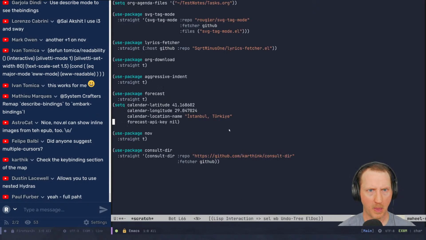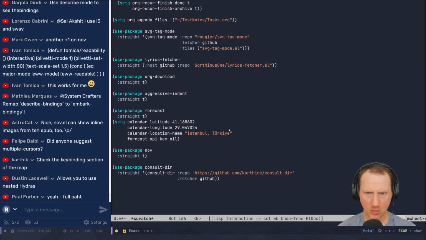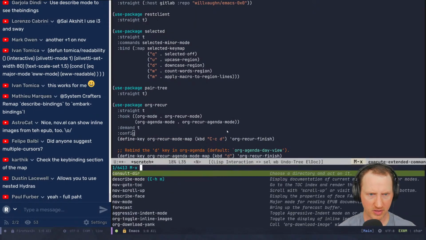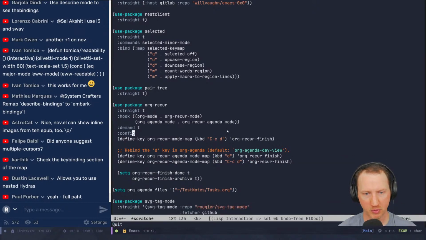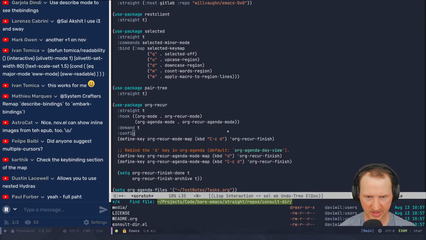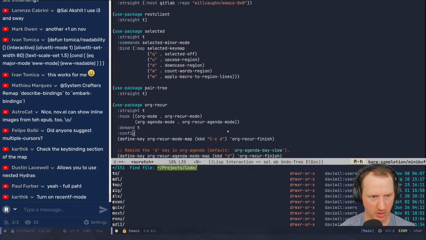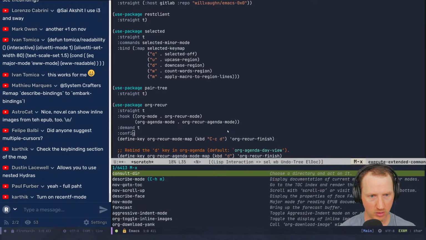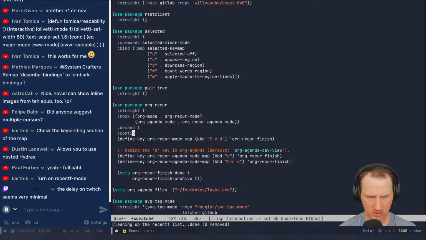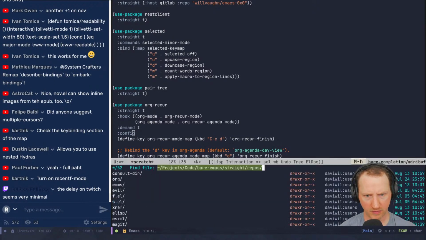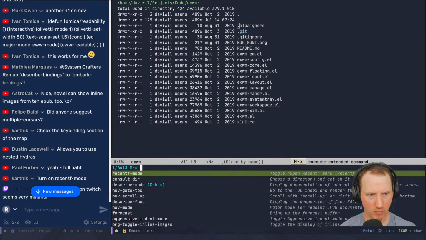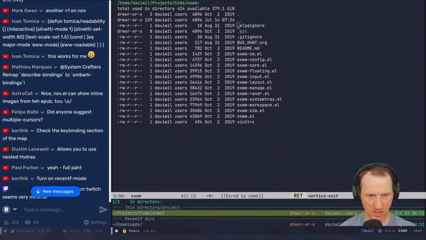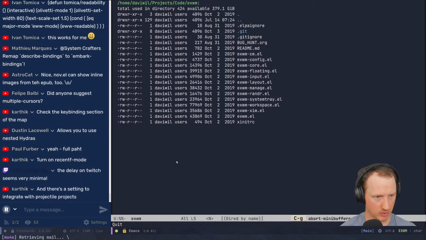Okay. So did it pick up something here, or is it just a recent folder with respect to what it has seen? So let me actually jump to another project, turn on recentf mode. Thank you, recentf mode. Okay, I think that's on now. Now I'll go to another folder path, like let's say exwm. And now if I run consult-dir, it tells me what this project is. Recent dirs would be downloads.